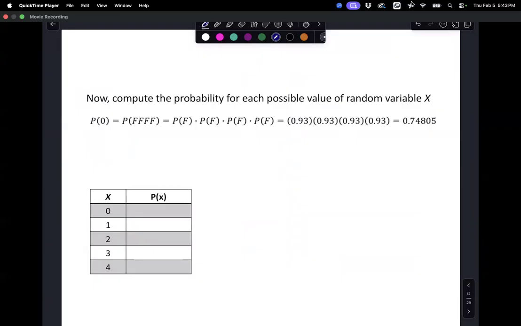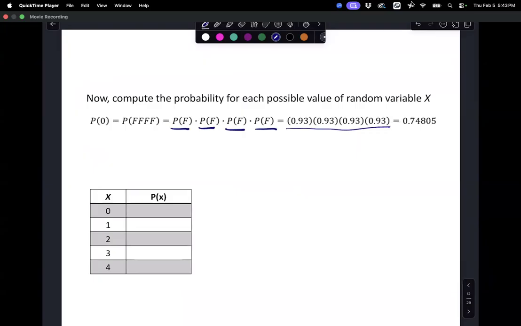You guys remember "and" probabilities? So if I am getting 4 successes, so we have 1 success times the second success and a second success and a third success and a fourth success. So that's 0.93 multiplied by itself 4 times to figure out the probability of getting,